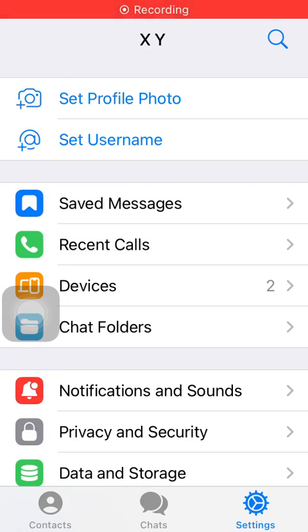Hello guys, in this video I am going to show you how to add a Telegram user to your contacts